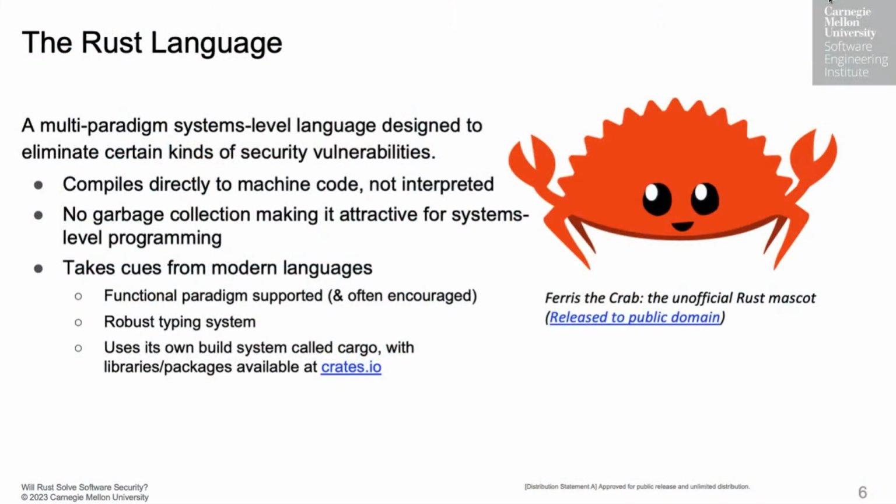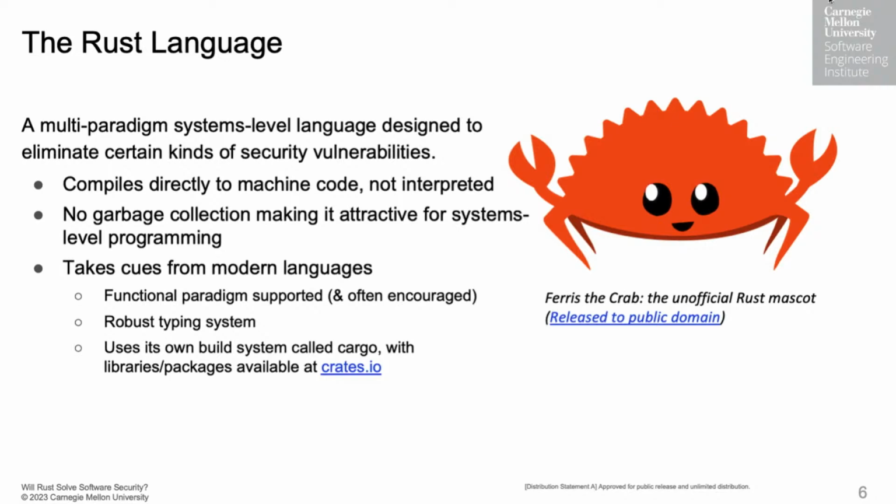So Mozilla realized this was a problem. It was steering a lot of people towards the unsafe languages. So they worked on creating a language that wouldn't have these problems in either sense, the best of both worlds in a sense. So Rust is what they came up with. It's meant to be a systems language, think competing with C++ primarily. Compiles directly to machine code like C and C++, no garbage collection.